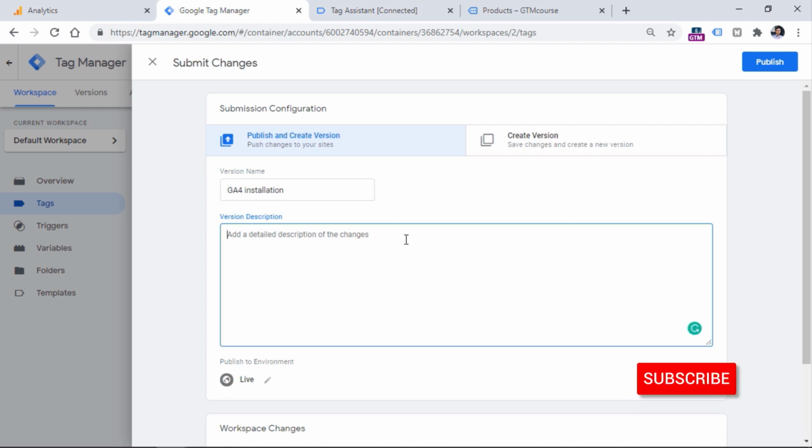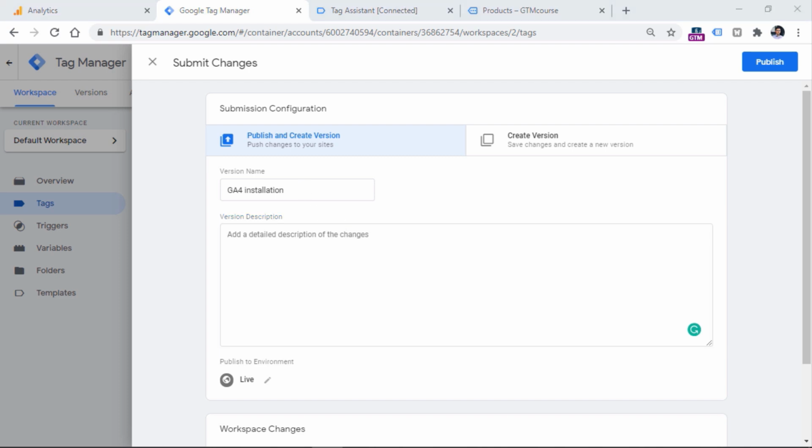And there are several benefits when it comes to properly naming your versions. First of all, if you go back to this container, after a year or maybe 2 years, and if you see just a list of version numbers without version names, well, it will make your work much more difficult. That is why your future self will thank you if you add version names right here. Also, if someone else takes over the container in the future, it will just look more professional if you properly name your versions. But first of all, think about yourself in the future. Properly naming your versions is very important.